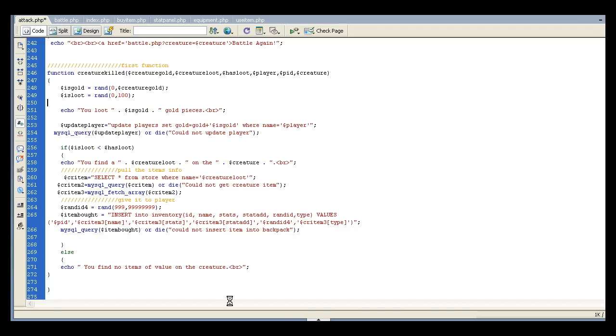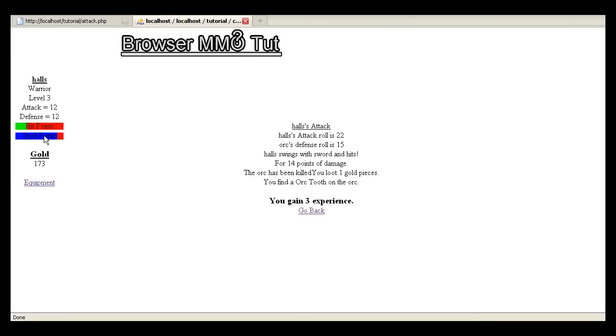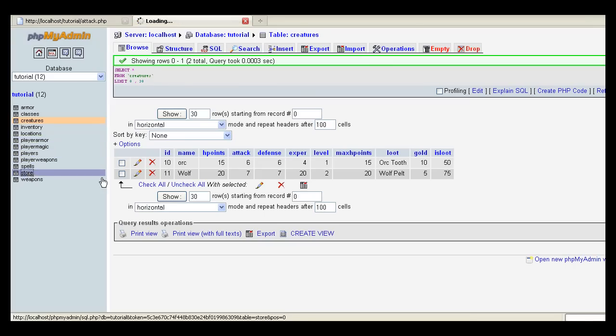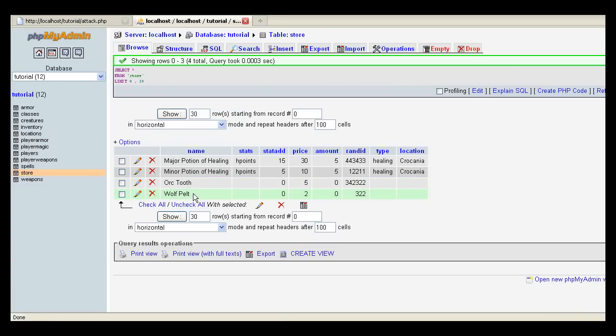Now what I did here was to make things simple is that under store I put the actual creature item. So orc tooth and wolf pellet. Make sure the name here matches the name in the creatures, otherwise it's not going to match and it won't pull up. But I didn't add anything to them, but this way you could also sell them in stores. If you don't want to, then just don't put a location there. You can put a type or whatever else,